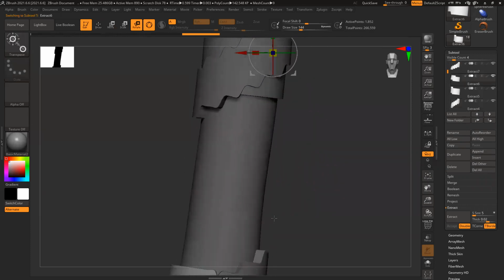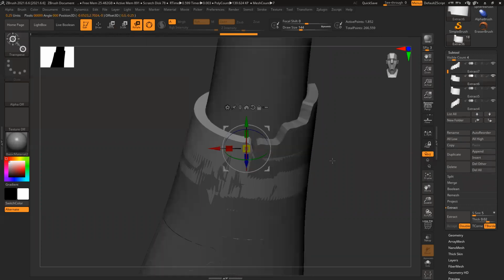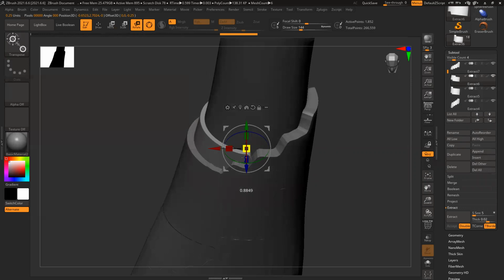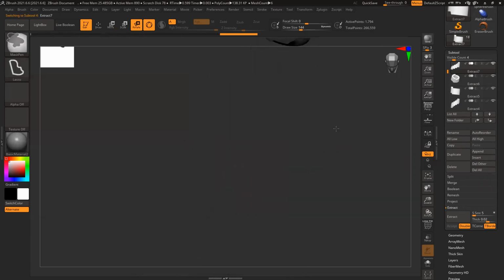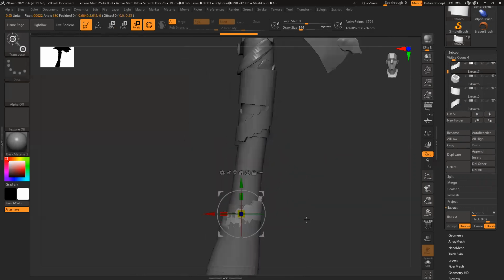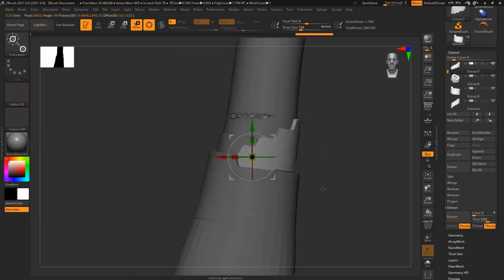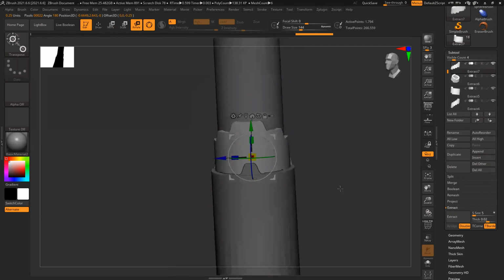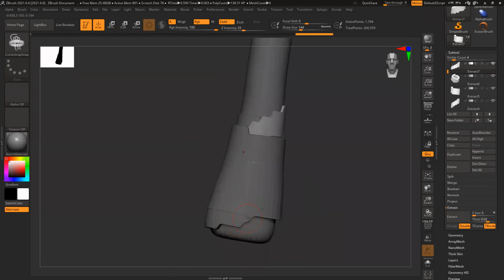Now here, let's see, this one is the lowest, thinnest one. Then we have this one. So 3 layers, and this one wrapped around the top of this one.